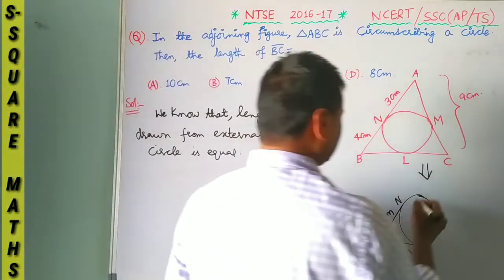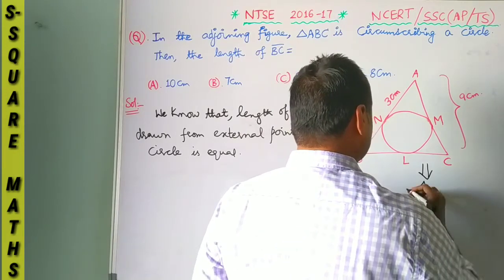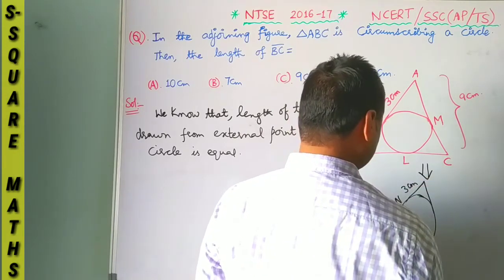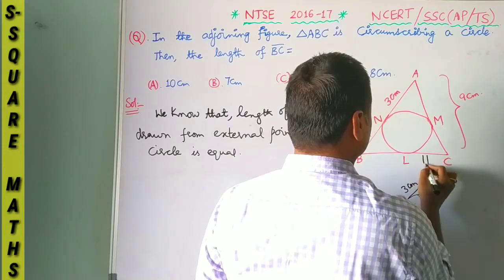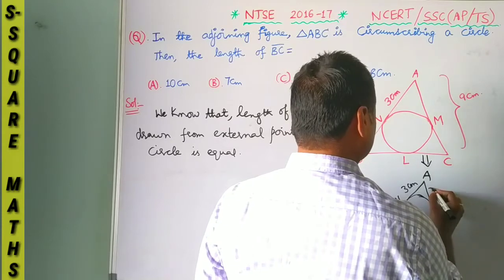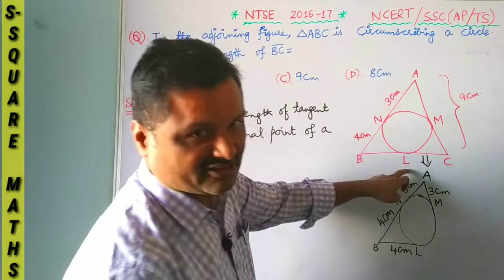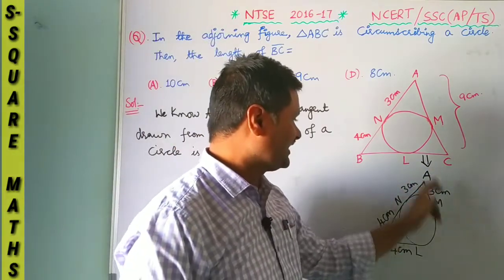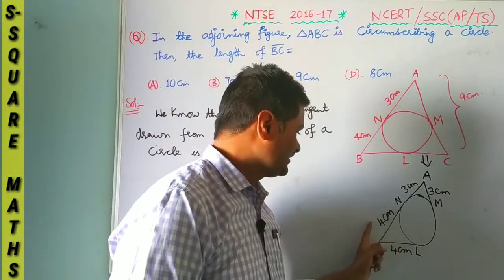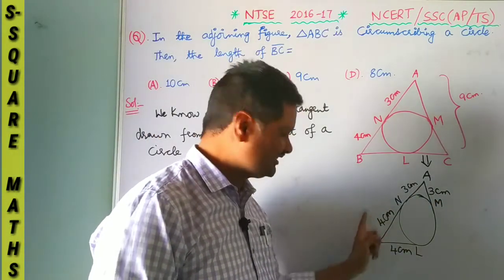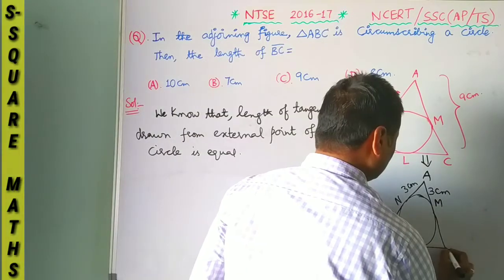Next, in the same way, here it is given this is 3 centimeters and this is the vertex. A is our vertex, and this also is 3 centimeters because A is our external point, and NL and AM are the tangents drawn. So 3 and 3. Here, since it is 4 centimeters, B is our external point, these two are equal. Next, you have to get the value of this one now.